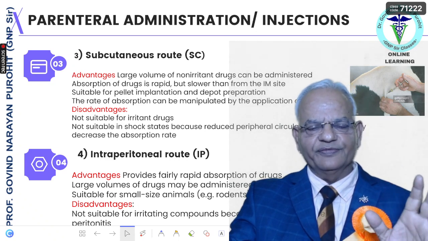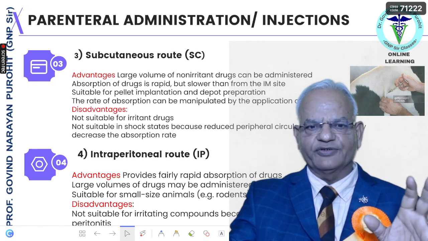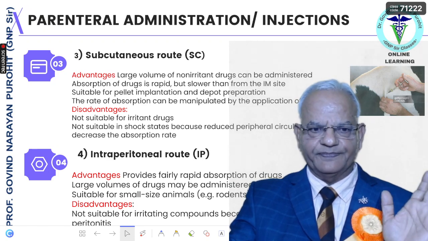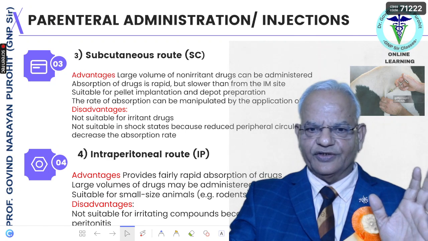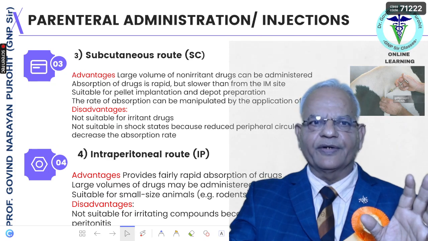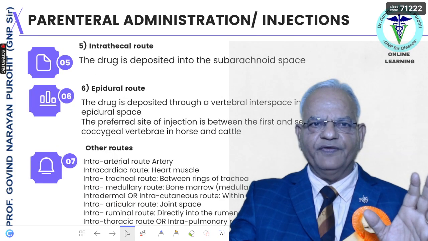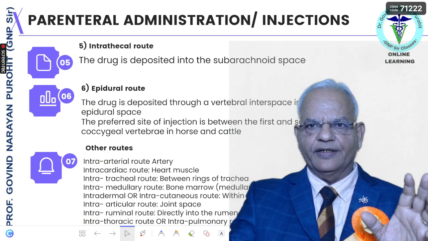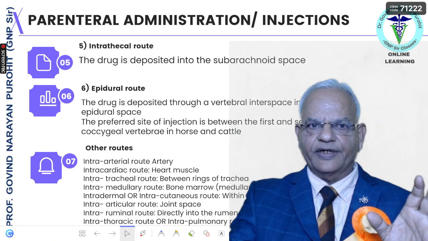Then there is the intraperitoneal route. The advantage is it provides fairly rapid distribution of the drugs and large volumes may be administered. It is suitable for small size animals like rodents. The disadvantage is it is not suitable for irritant compounds as they may induce chemical peritonitis. Right? Then we have other routes of parenteral injections, that is the intrathecal route, drug deposited in the subarachnoid space,